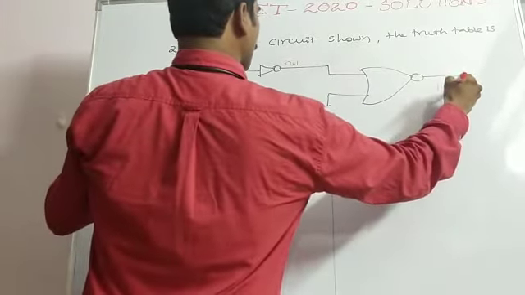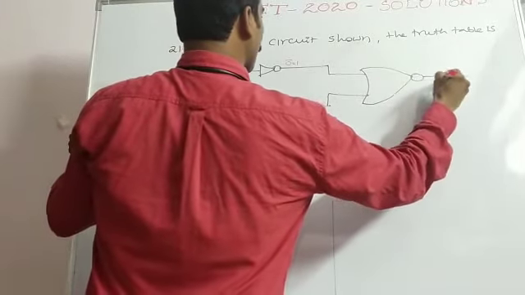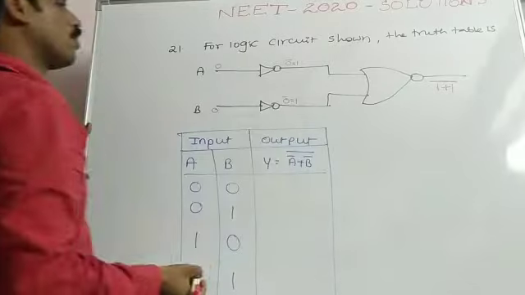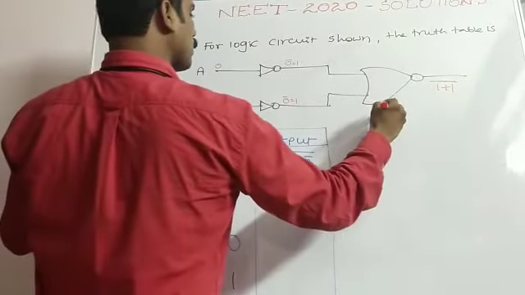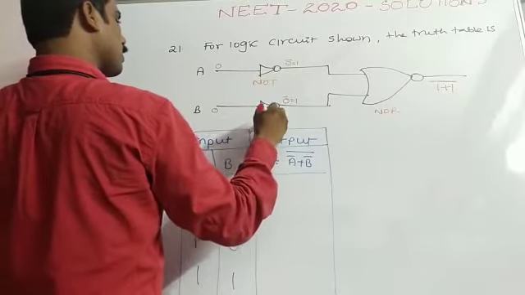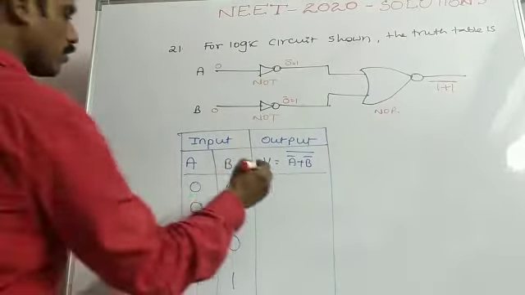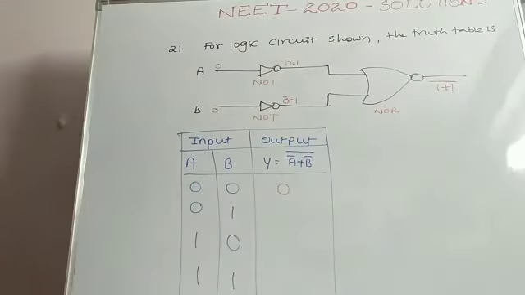1 plus 1, it is a NOR gate. Here is the symbol of the NOR gate. This is the NOR gate, and these are NOT gates. 1 plus 1 bar gives 0. Next,